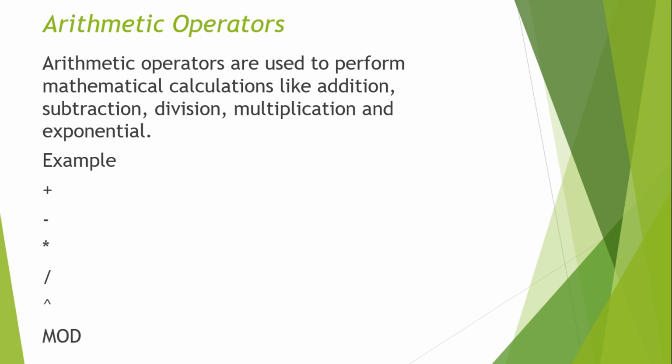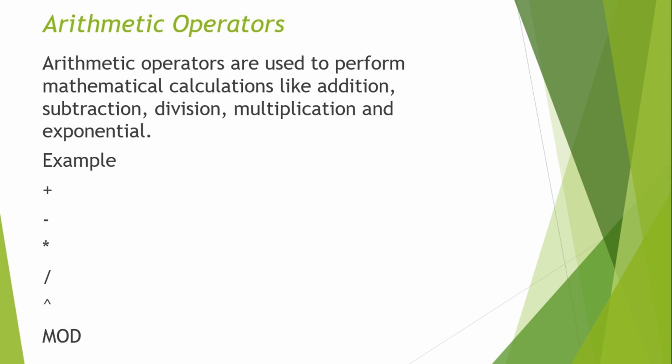And then mod. Now what is mod? Mod is an operator which is also used for division. You are going to ask me, we use slash for division. Yes, we use slash for division, but mod is also doing division. But the difference between slash and mod is that slash will give you the answer as a quotient and mod will give you the answer as a remainder. The numbers or variables that we use with operators are known as operands. When two operands are used with mod, you get the remainder after the division. That is the difference between slash and mod.